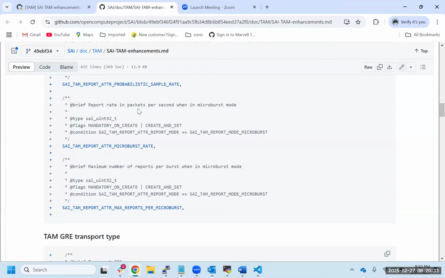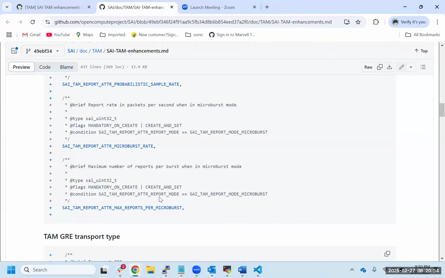So the mode we are saying is, the key here is the microburst. This is like a burst size. I could say 100 packets or 1,000 packets. The first 1,000 packets that are causing the microburst, the first n number of packets will always be sent. Thereon, the microburst rate kicks in. Only those many packets go out.